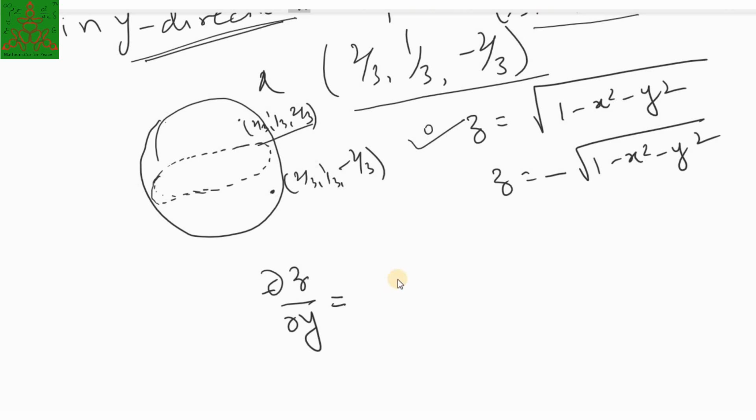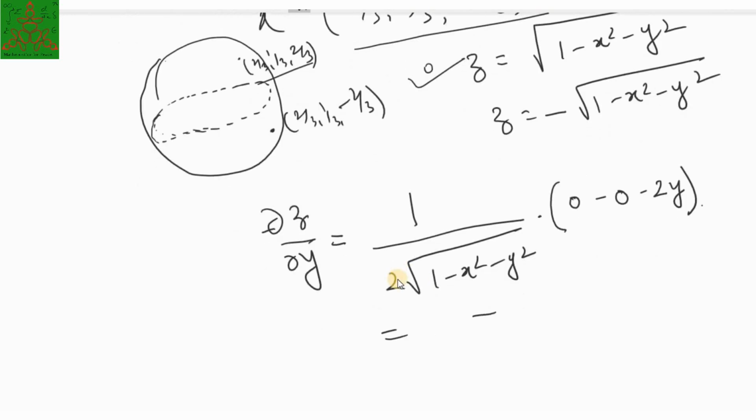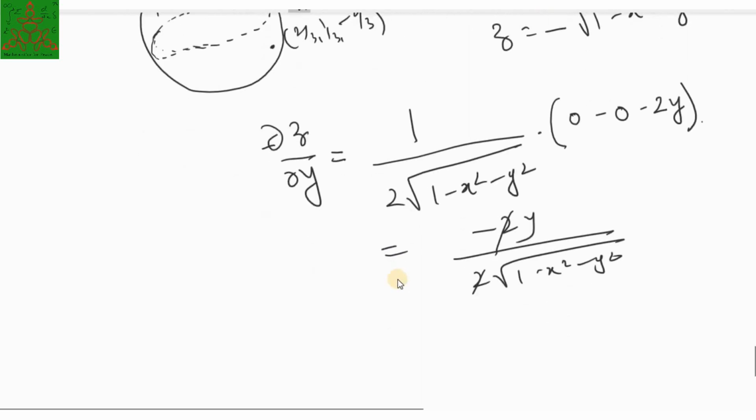This is the square root of the thing, and you know that the derivative of a square root is 1 upon 2 square root, so that is 1 upon 2√(1 - x² - y²) into the derivative of 1 - x² - y². The derivative of 1 is 0, the derivative of x² with respect to y is 0, and the derivative of y² will be 2y. So you will have -2y upon 2√(1 - x² - y²), and the 2 will be cancelled out. So you will have ∂z/∂y at point